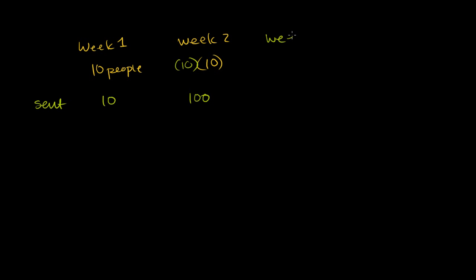In week 3, what's going to happen? Each of those 100 people who got this, they are each going to send out 10, assuming that everyone is really into chain letters. So 1,000 people are going to get it. And so the general pattern here is the people who receive it. In week n, where n is the week we're talking about, how many people receive the letter? In week n, we have 10 to the nth people receive